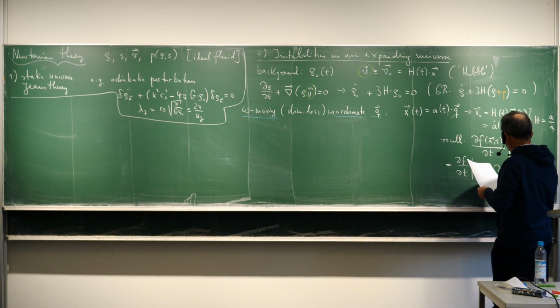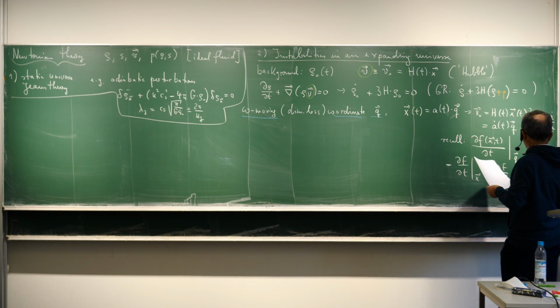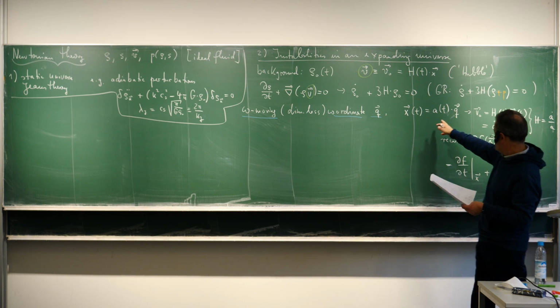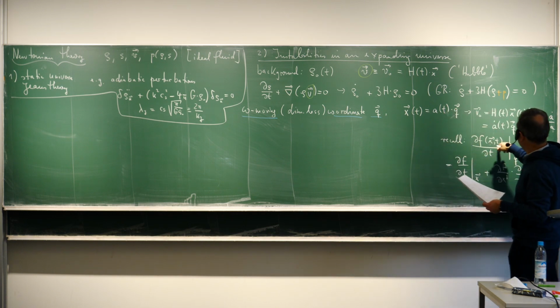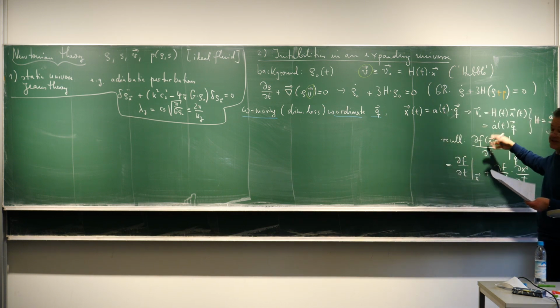We have then the df over dxj times dxj over dt, because now x is a of t times q, so you have here also a t derivative here,